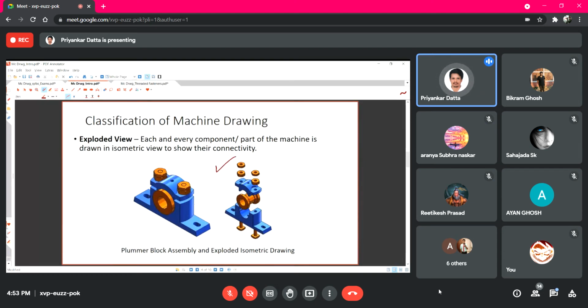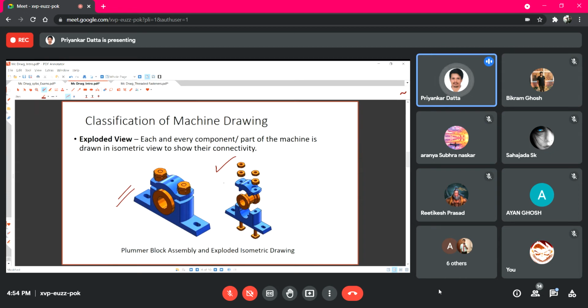From the name you can understand, from this assembly drawing you can generate the exploded view by placing all the components in such a way that if you move them along a particular axis, they will come together with each other and finally create the assembled view.